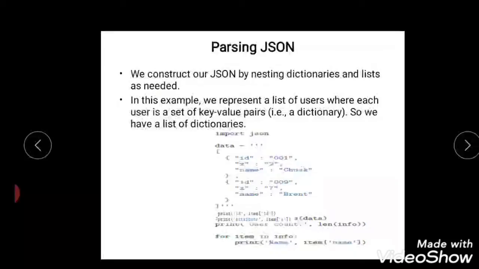Sorry, in this program one statement is missing: info is equal to json.loads. You need to call the method info equal to json.loads.